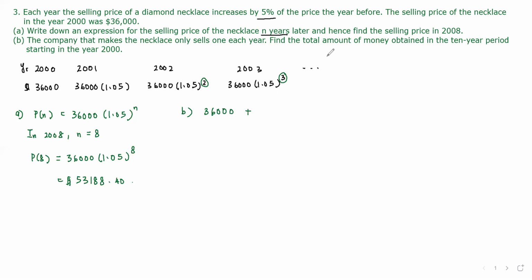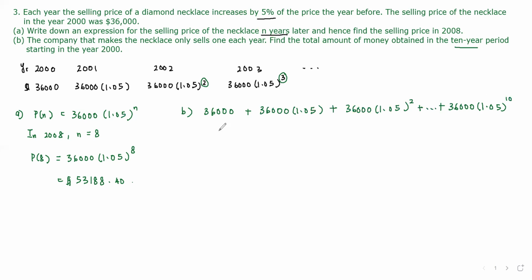And then 1 year later, the selling price of the necklace would be 36,000 times 1.05. 2 years later, the selling price is 36,000 times 1.05 to the 2. And you want to find the total amount of money obtained in the 10-year period. So in the 10-year period, the amount that you sell, the price of the necklace would be